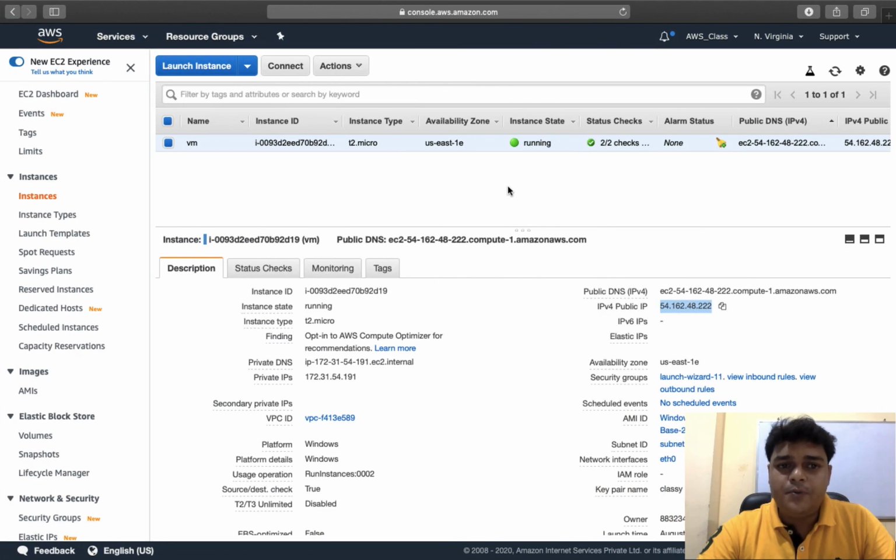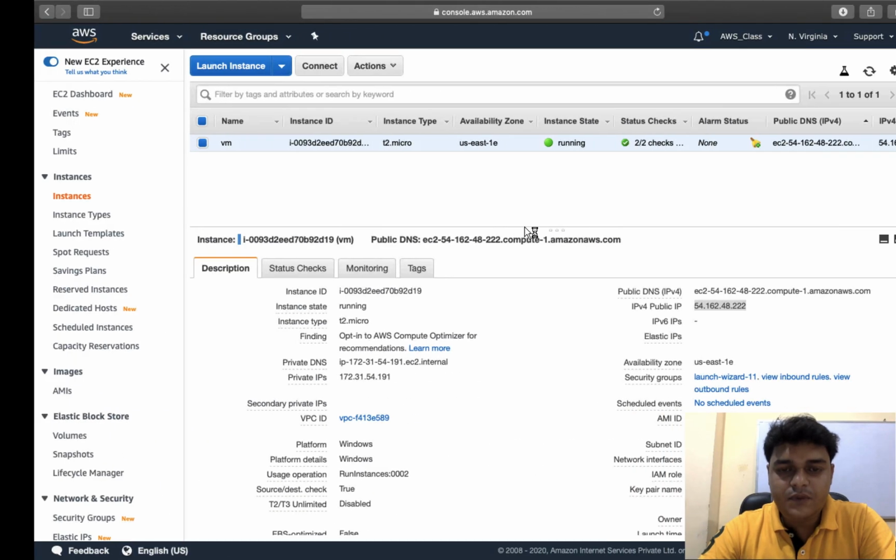So this is our Server 2012 operating system, and Server 2012 or any Windows based operating system contains up to 30 gig of hard disk space. It's a little bit slow because we are using a free trial eligible virtual machine. In free trial eligible, we get only 1 core of CPU and 1 gig of RAM. That's why it's a little bit slow. Anyway, it will take 30 to 40 seconds to take the RDP.